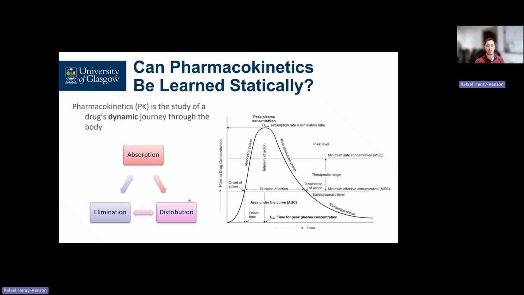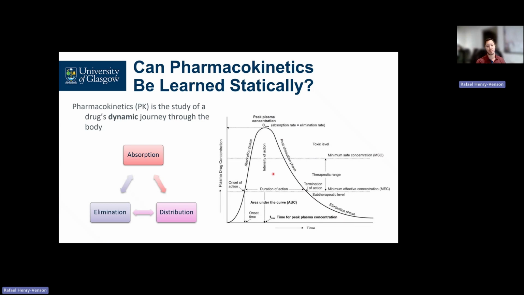And this reflects on the plasma concentration versus time plot for each drug and different patients. Okay, so for instance, here you can see that there's a concentration rise at the beginning, and this concentration tends to drop in blood, and this will have a direct correlation with what we see in terms of